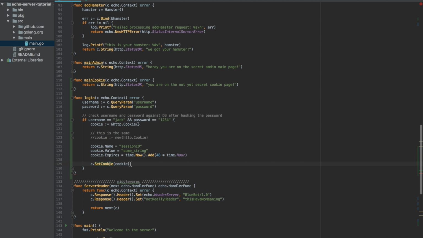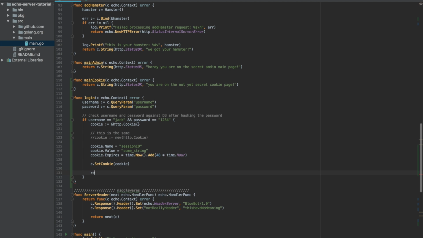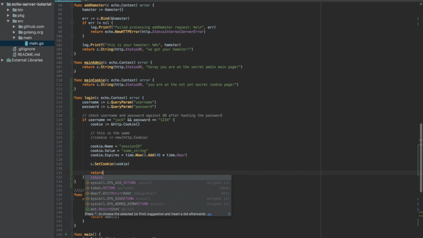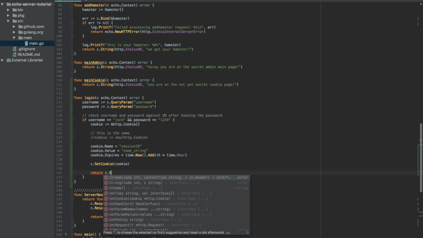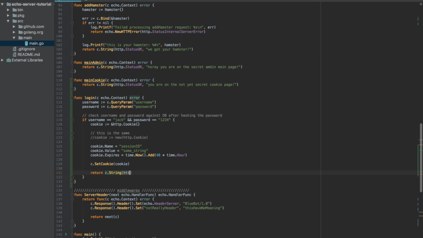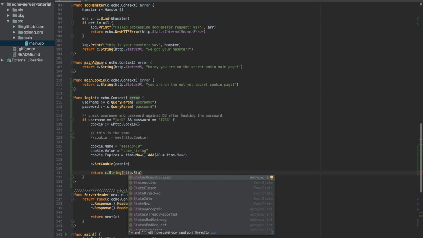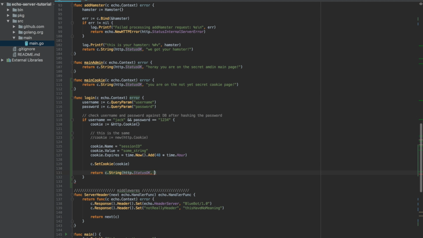And actually this is it. So let's return a string that will say you were logged in